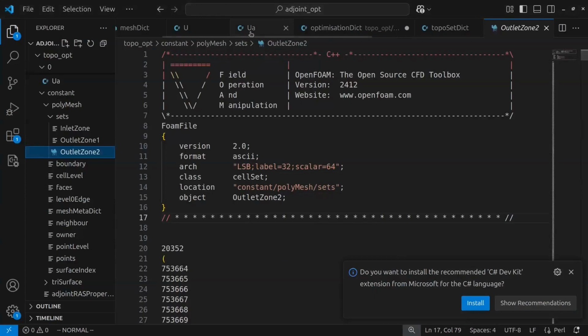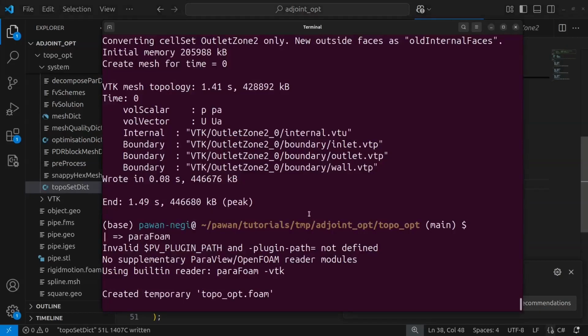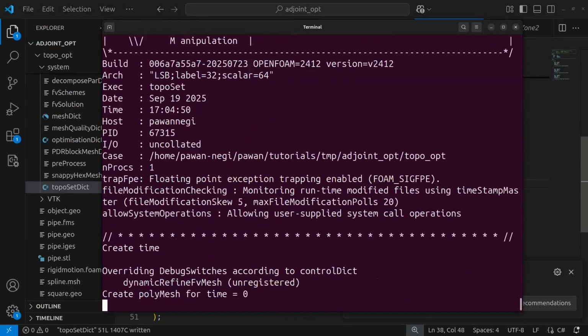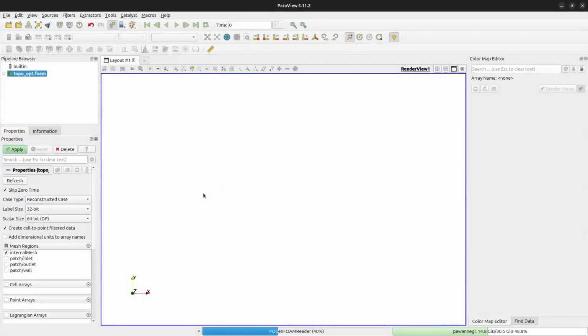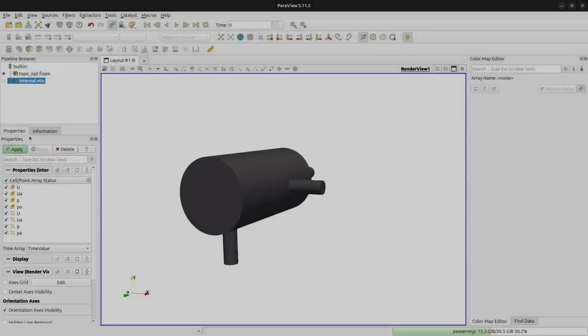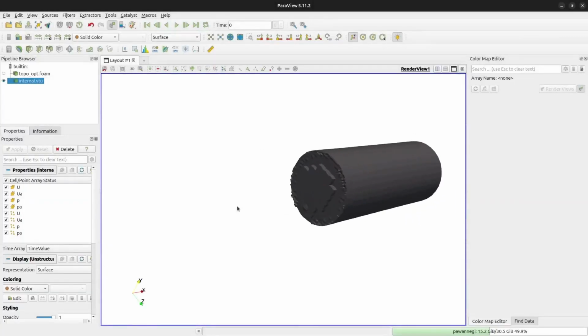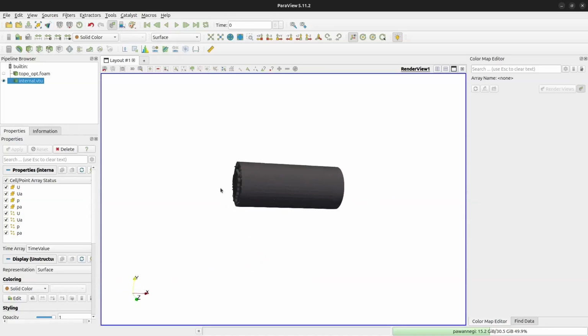Here I can go back to the TopoSetDict, and for this we can move this from 850. 750 is fine. This we can move to 950, and again to TopoSet, and then write this, and again visualize. Let me just open the first one, which was not coming correctly. Now we can see that it is coming correctly, and now this one will have the beta value equal to